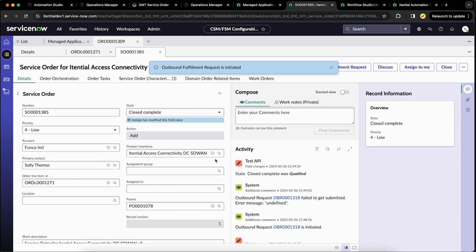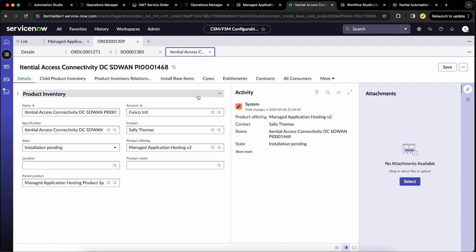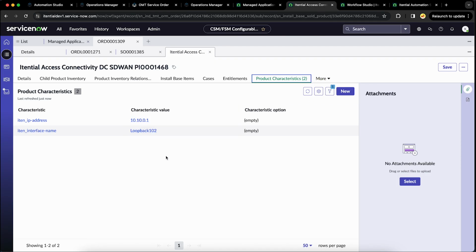At the same time, what we can do is go into the parameters for the product inventory. If I go into more, go to product characteristic, at the end of Itential running its own automation, we came back and updated ServiceNow OMT's product inventory with which IP address we got back from Infoblox and which interface we chose to provision the network assets in order to support that product. Because we have this two-way communication, anytime Itential performs actions against the infrastructure, the network, or the security, we're able to capture relevant details and update them back,